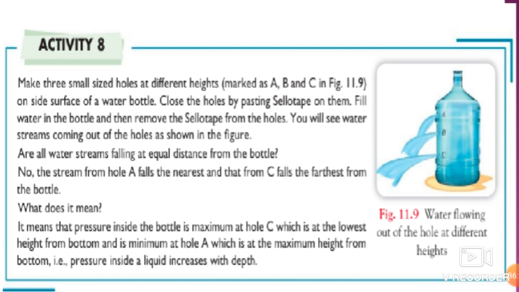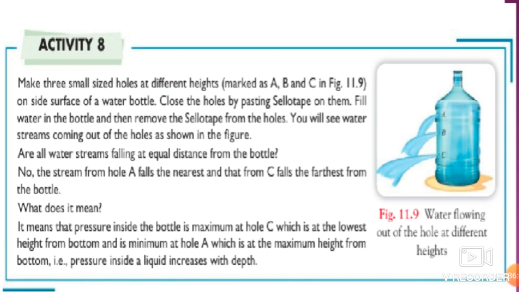Again we have to close those holes with the help of sellotape, and afterwards fill the bottle with water. After filling water in the bottle, what you have to do? You have to remove that sellotape from the holes. So you will see water streams coming out of the holes as shown in the figure. But the difference is that as we compare the previous activity with this activity, what we will see over here,